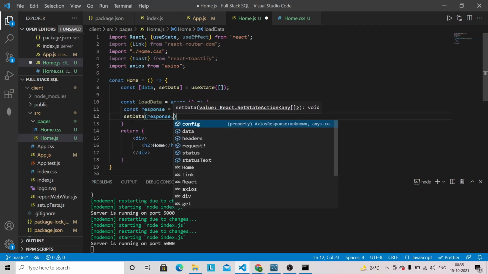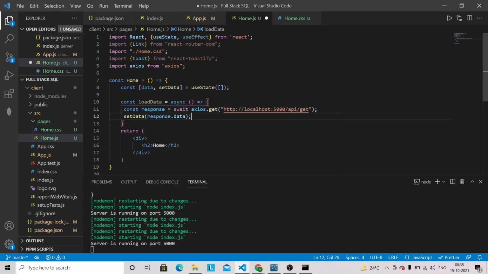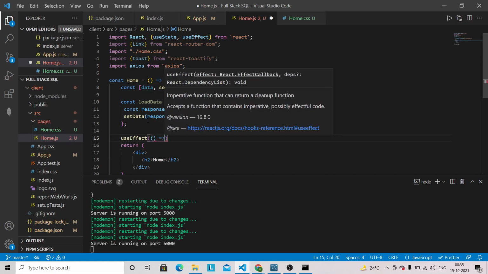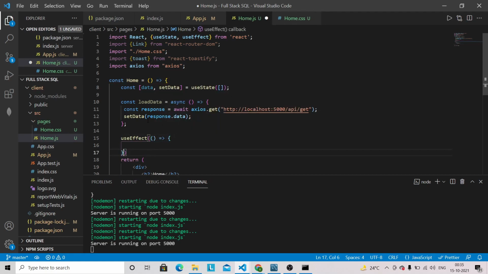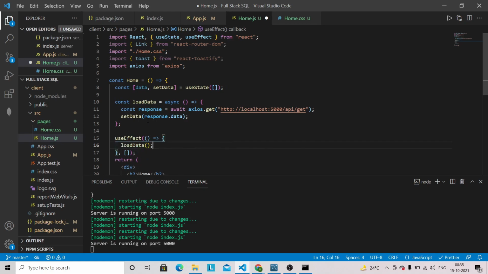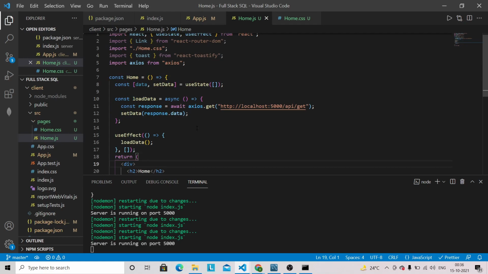So response.data, and we have to use this loadData inside the useEffect. So on initial load it will fetch all the data that we have in our backend. So async await we cannot use inside the useEffect, that's why I have created a separate function here. So it will fetch all the data on the initial application load.